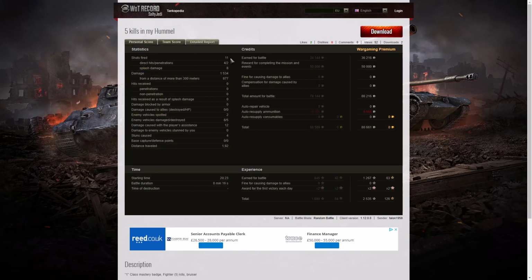He fired 11 rounds in this game, 4 direct hits, 2 penetrations, 8 splash, damage of 1,534 hit points, of which 977 were at more than 300 meters. So you can see some close range work in this game, and of course that shotgun right in the face. Who says Arty players don't move? What Arty Noobs players do, we move quite effectively, and then we get to shotgun people in the face with